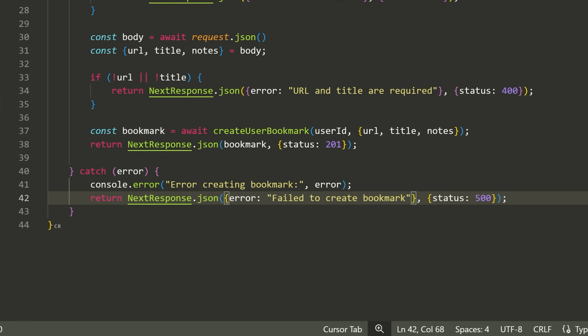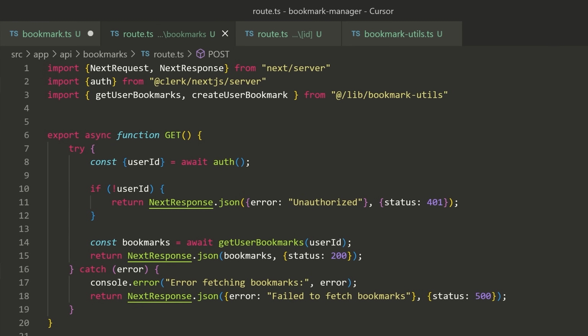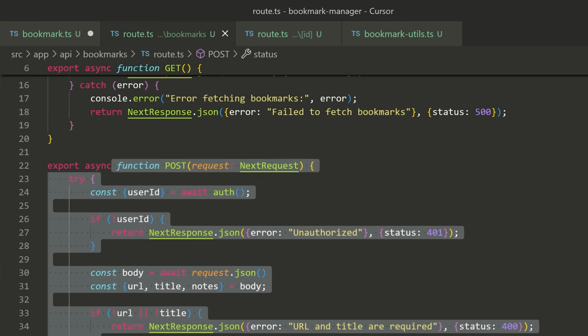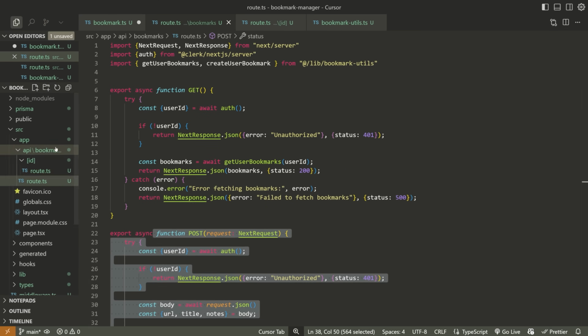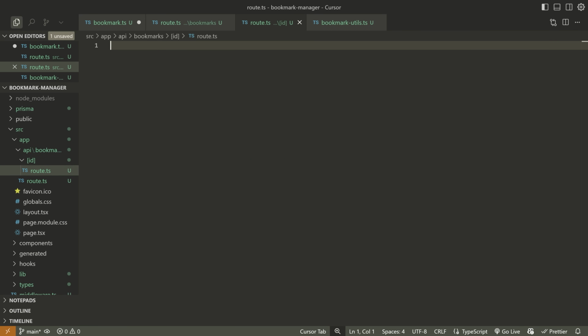Same thing with status code 500. Okay, so that's it for this API. Now we've written this endpoint so we can actually send a request to here or to here, again, a POST request or a GET request. Now let's go into this one here and wrap up our backend by simply writing a delete request for an